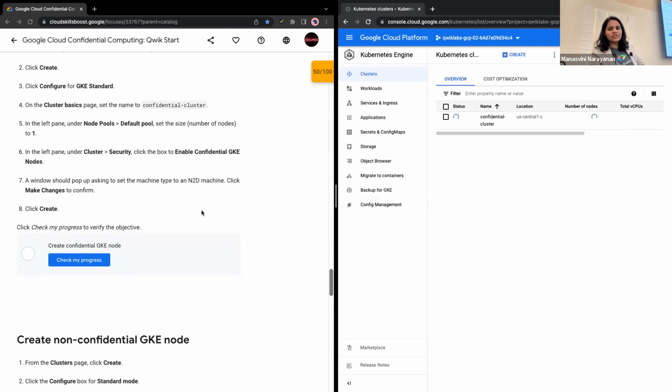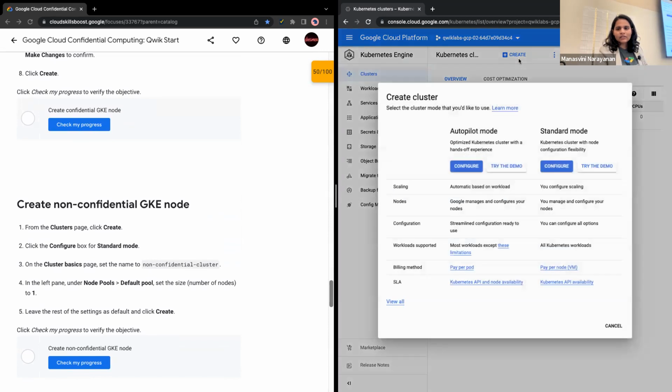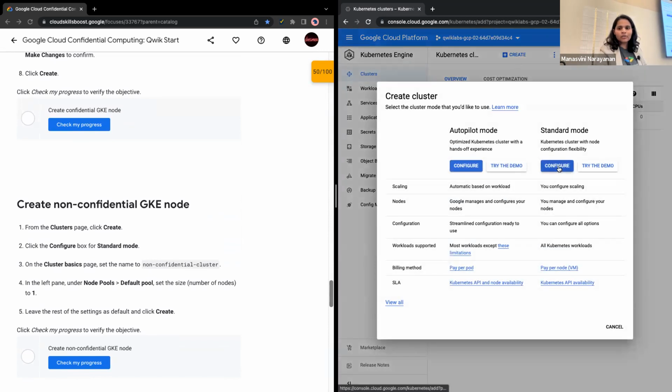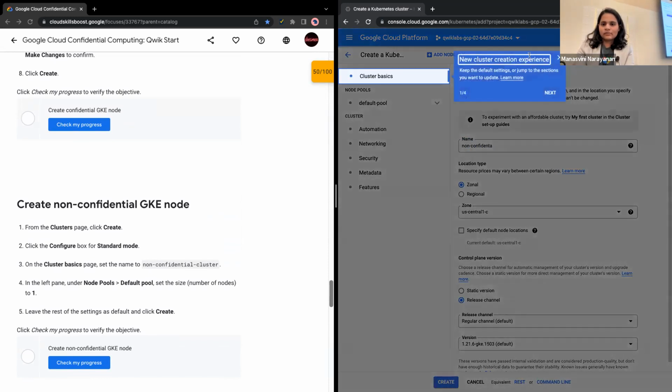My confidential GKE node is being created right now. The non-confidential one is similar to the non-confidential VM instance, so it's going to use the default values for the clusters. Go ahead and create another cluster, standard mode, configure, and let's call this the non-confidential cluster.